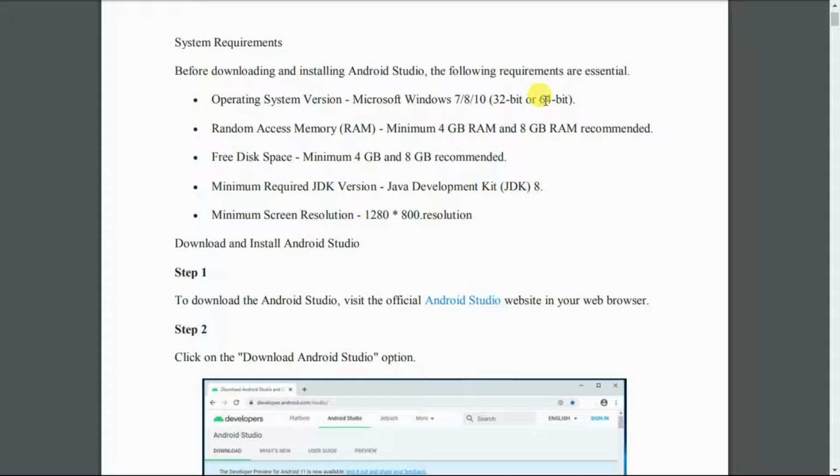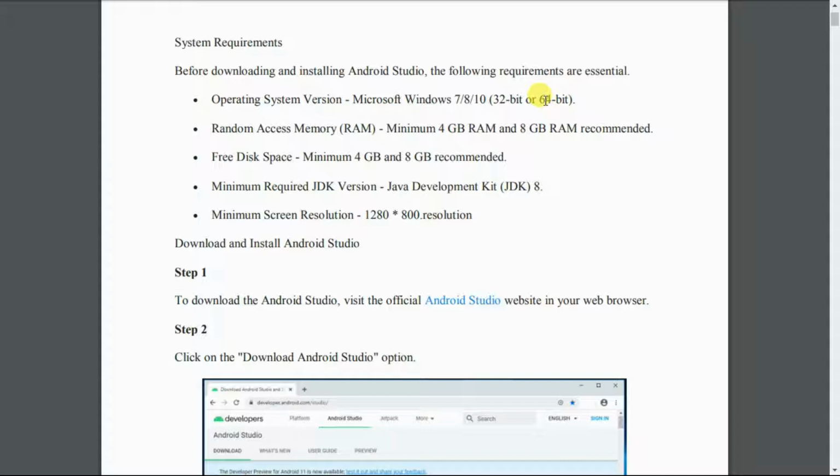After that you have to use another emulator. You have to download a separate emulator. If you are using 64-bit, there is no need to download a separate emulator. It will automatically be there in Android Studio. I will show you in a practical way, don't worry guys. But remember, if your operating system is 64-bit, then download this software and install it, no problem. No need to get an external emulator.